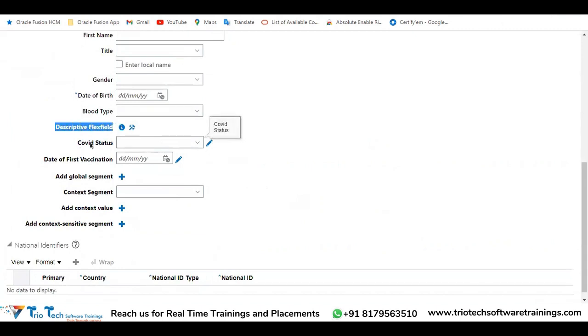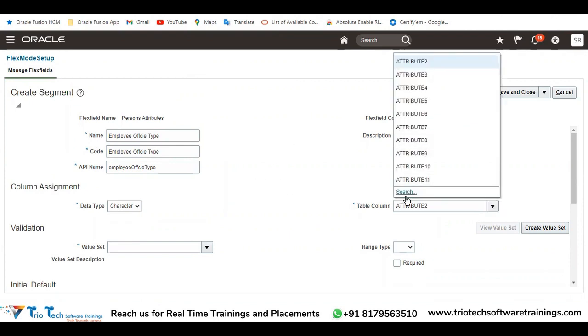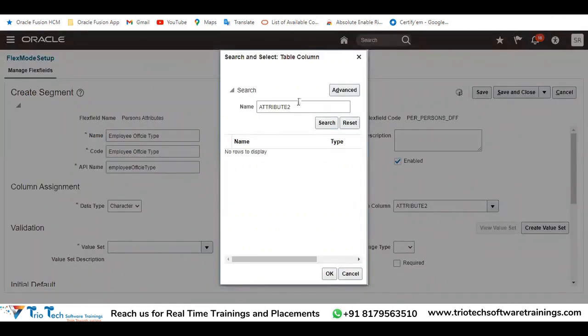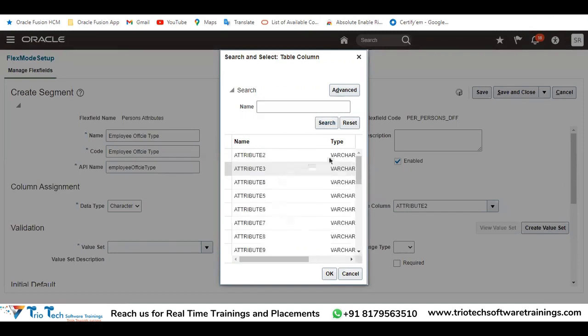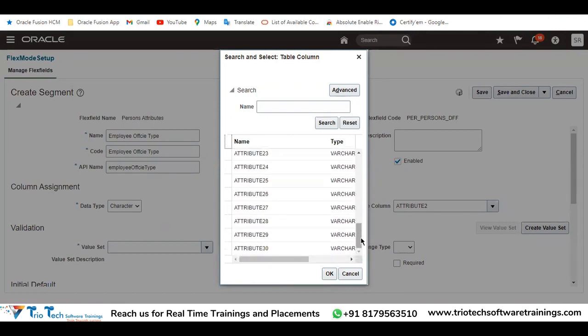How many segments of custom can I define on a DFF section? 10 segments, 20 segments, 30 segments. What is the limit? How will you know, team? While you are creating the segment, when you choose the data type, come to the table column, team, and give a search. Remove whatever value we have and give a blank search, team. You can see what are all the available attributes of character type. See, attribute 30. It means, team,